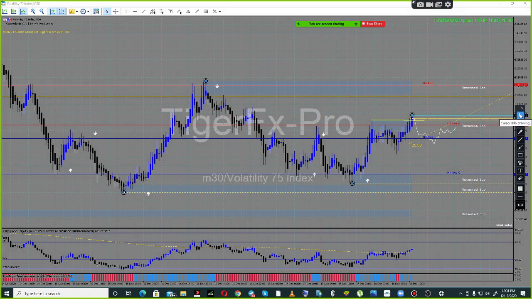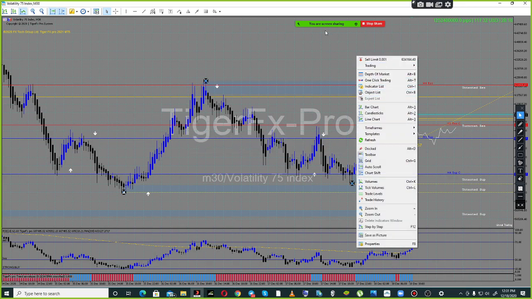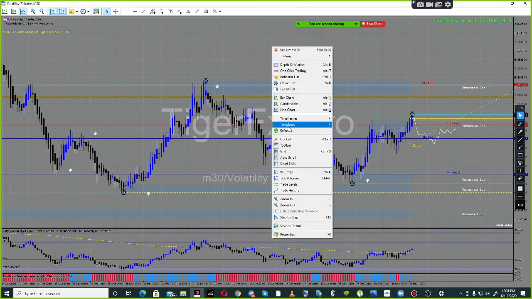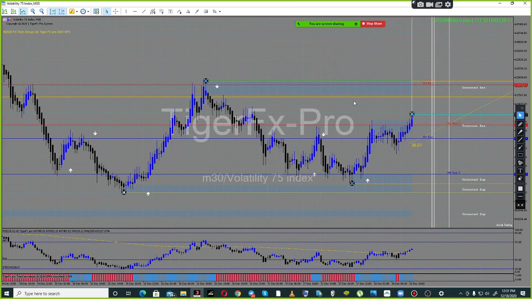Like right now, you see it's there, right? If I refresh this page, it will disappear, because once you refresh a page, it means you update it. I'm going to refresh this page now. You see that it has disappeared. It's no longer there.